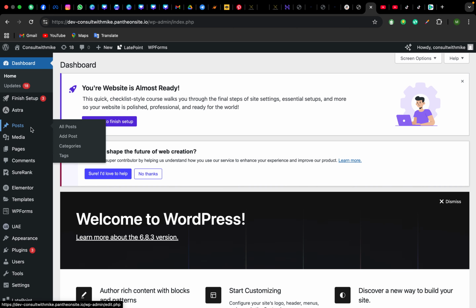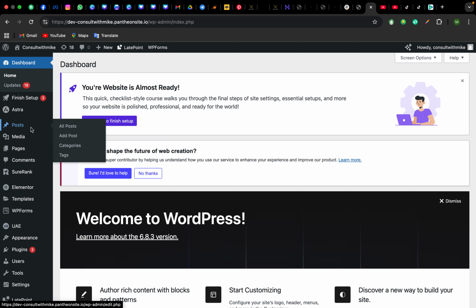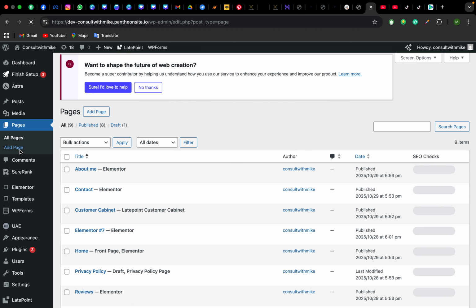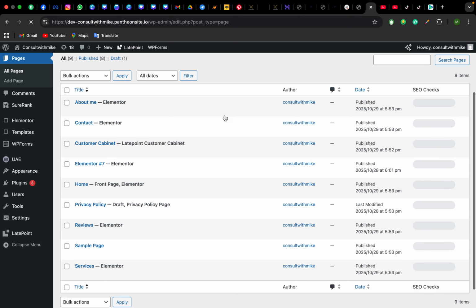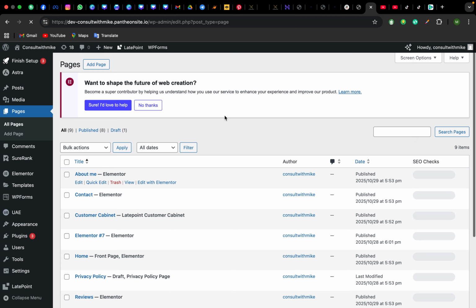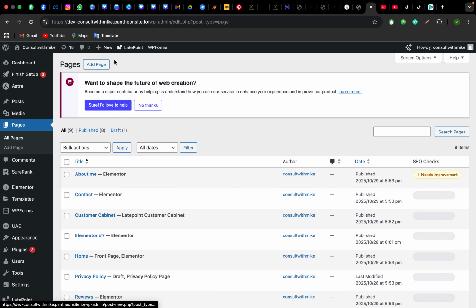The first thing you need to do once you log into your WordPress dashboard is to go to the page option and then click on it. Yesterday I talked about how you can create a page, but I didn't create it. So today I'm going to be creating a page so we can all learn how to do that. So let's give it a moment to load up. So all you have to do is just come to this add page and then click on it